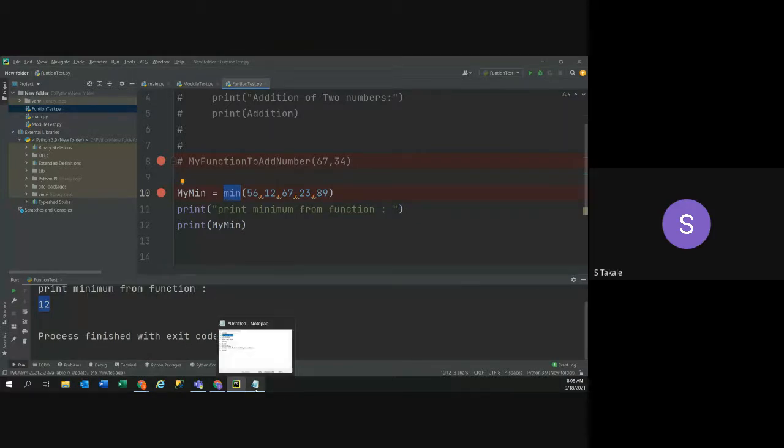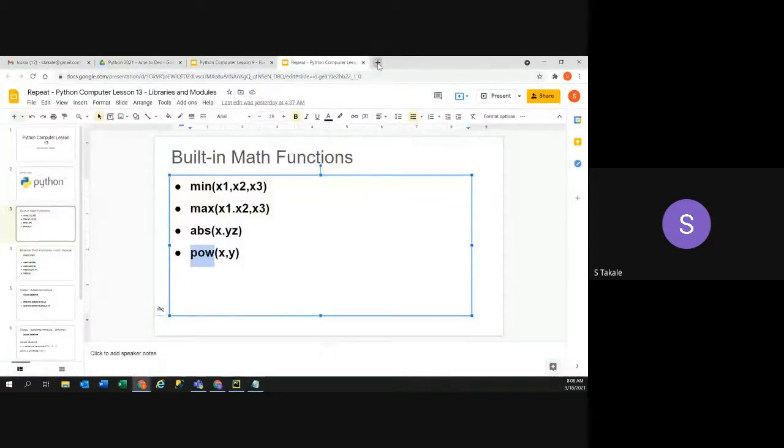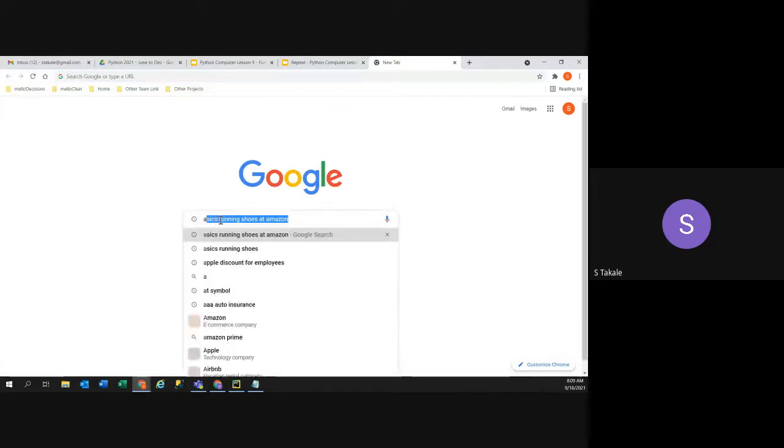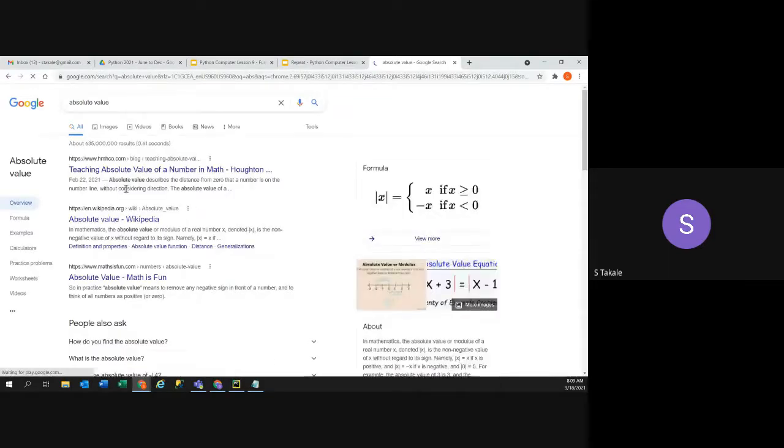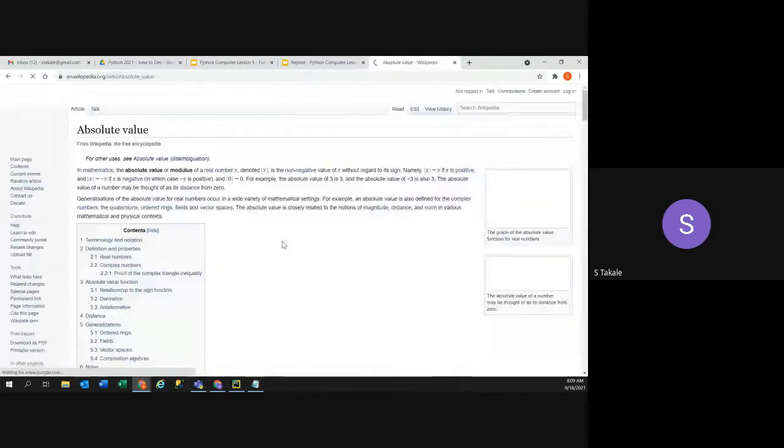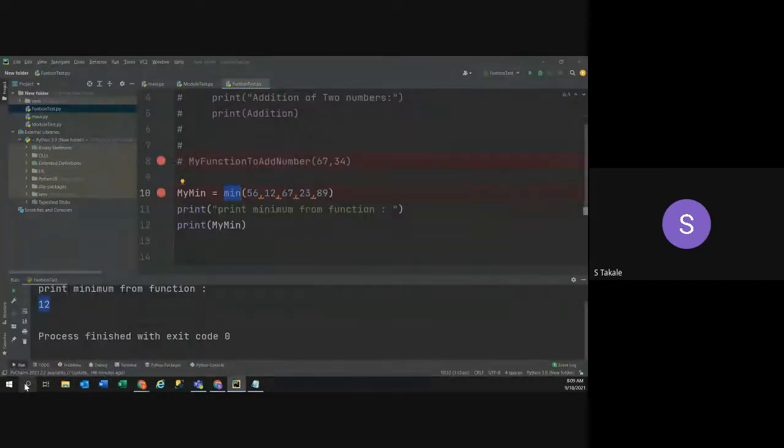It's called absolute. If you Google, we'll Google to make sure you guys understand absolute. ABS, absolute value. That's what it says. So absolute value, you can see, is the absolute or modulus of a real number. I think I was explaining this one the other day. Remember what is the absolute value of a minus number? That's 3, right? Or whatever the number. So we remember absolute value, we were saying